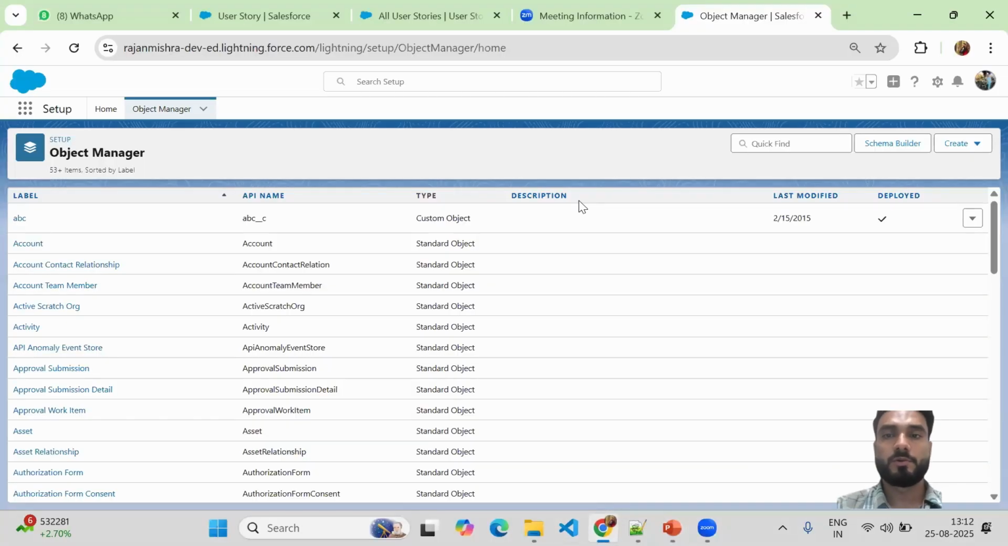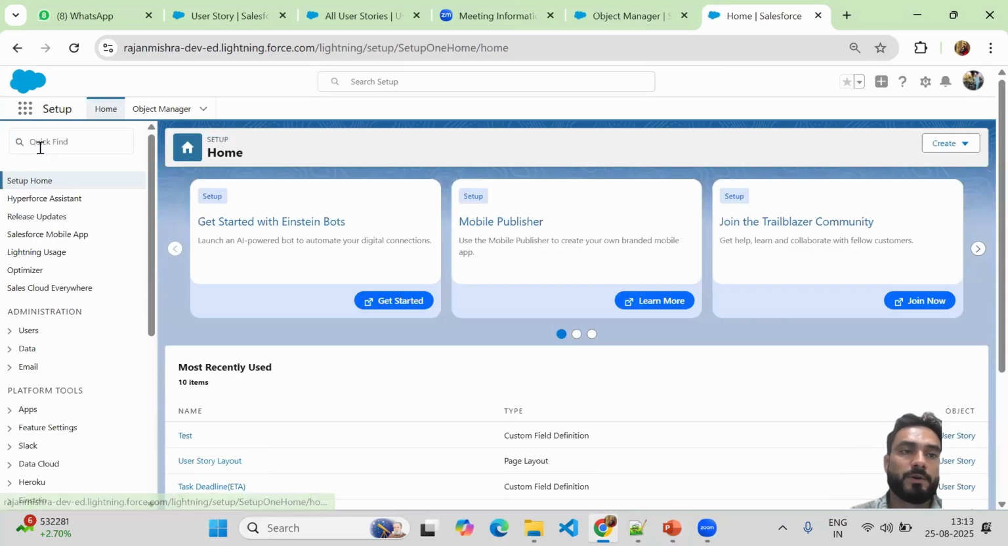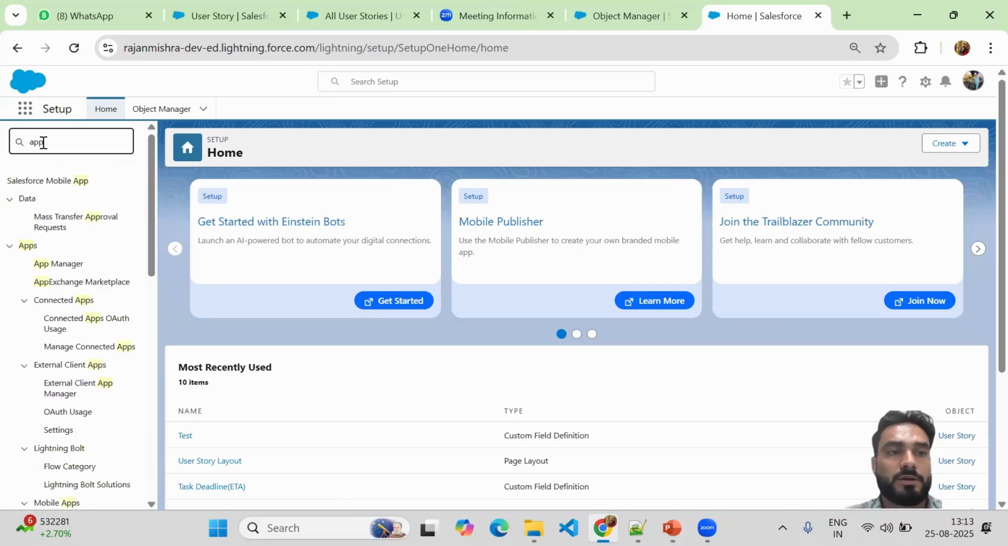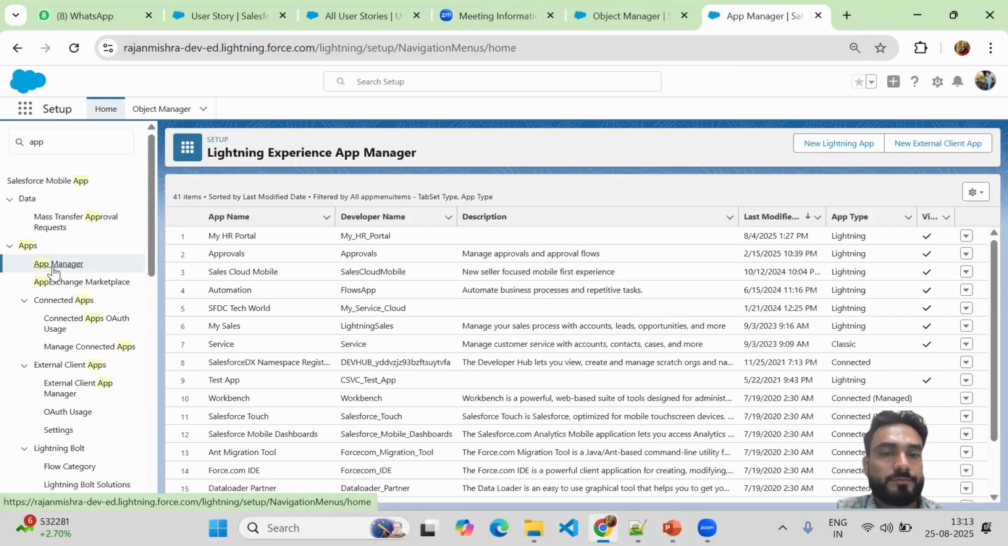So for that, you have to log into the org, and after that you have to go to the setup. And under setup, we have App Manager, right? And this App Manager, app creation, I had already discussed in our training classes. So here we have App Manager. Under App Manager, we can create a new Lightning app,